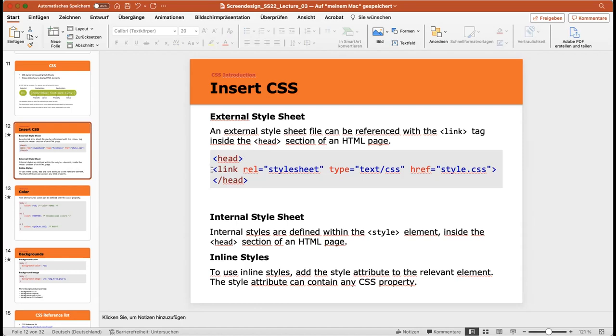And we do that by putting this line here in the head part, okay? In our HTML document, we're going to add a so-called link, yeah? And we're going to refer to this file style.css, which means this file does not yet exist, but we need to create this first. Okay,